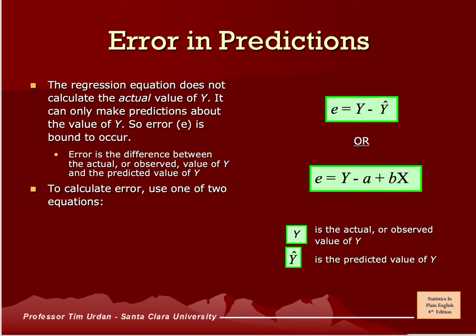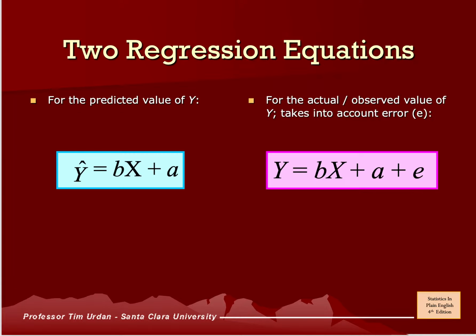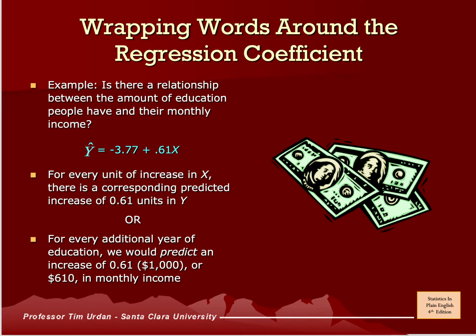the independent variable. So in order to calculate the error, I would use one of the two formulas on the side. If I have two regression equations, the one on the left is going to be for a predicted value of y, and the one on the right is going to basically be taking error into account and saying I have bx plus a, but there's some unknown error that I'm adding in. And in a perfect world, that error is going to be 0, but more often than not, that's not the